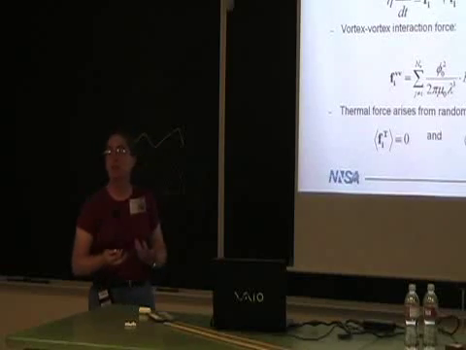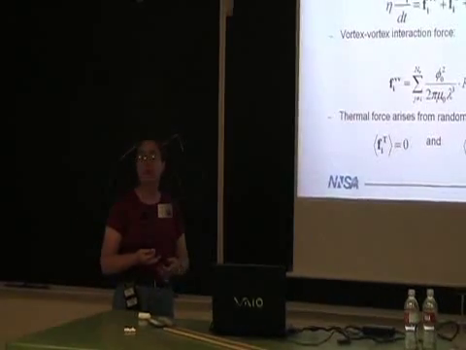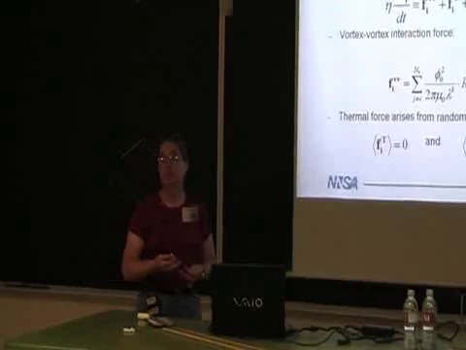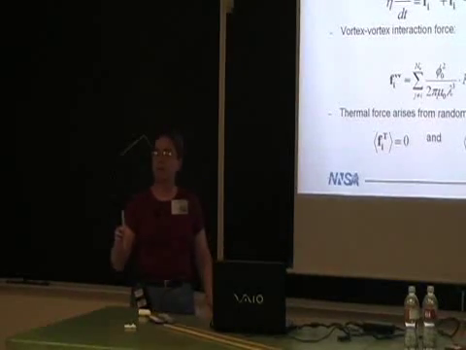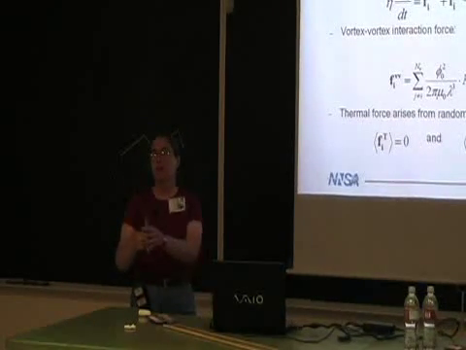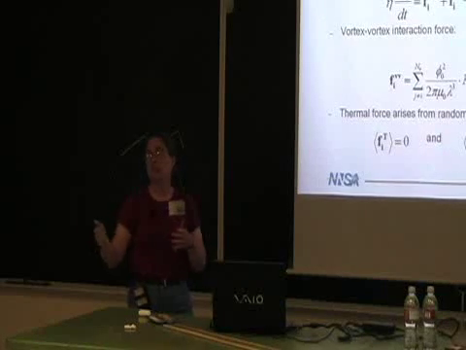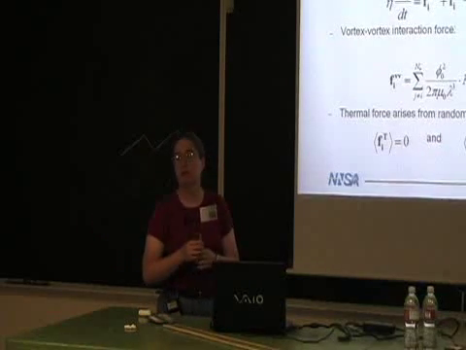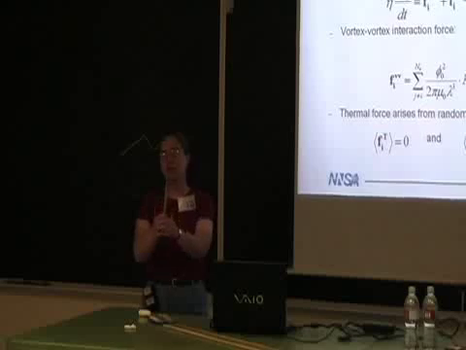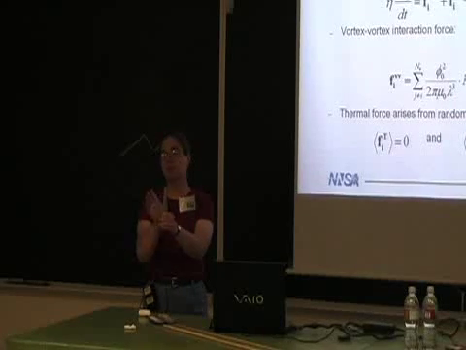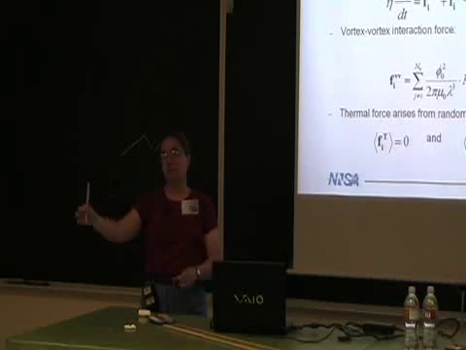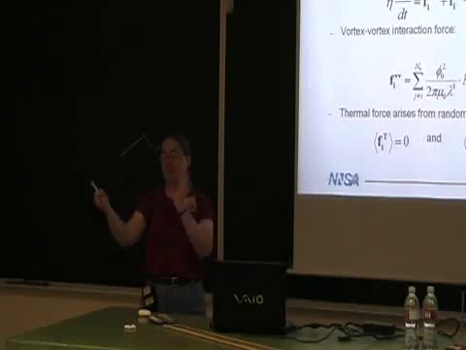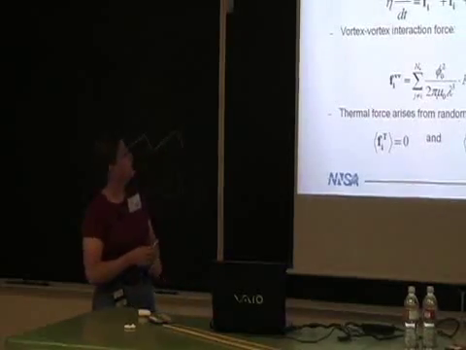Okay, so now let me talk to you a little bit about how we model this system. We take a phenomenological approach. We treat the vortices as point-like objects which have some kind of pairwise interaction. This is coming from what's called the London approximation. The idea is that, given the magnetic field from one vortex line and the supercurrent around it, and the magnetic field from another vortex line, we find the interaction between those two vortices.